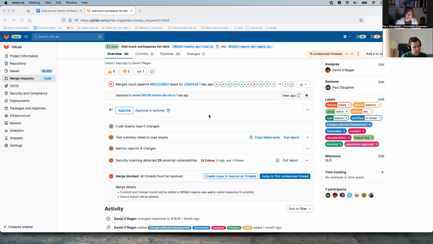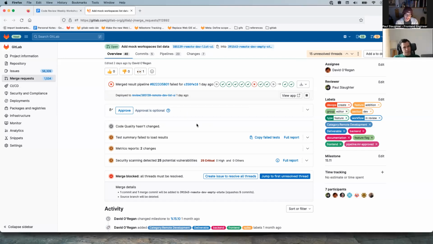But what can happen is a backend maintainer has already approved this, but it pushes front-end code changes. The backend maintainer's approval should still be relevant. It doesn't need to re-review.